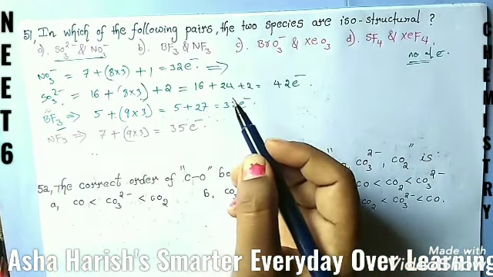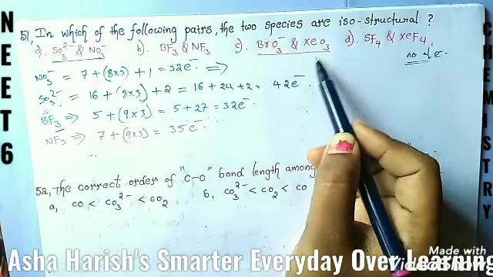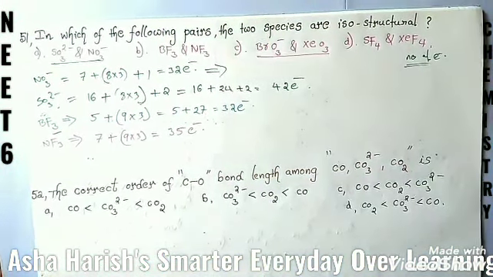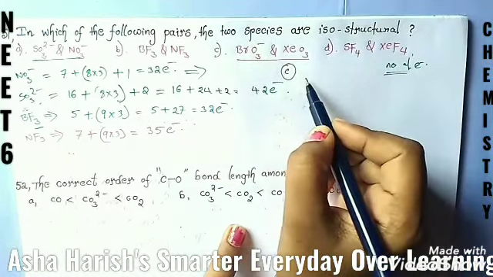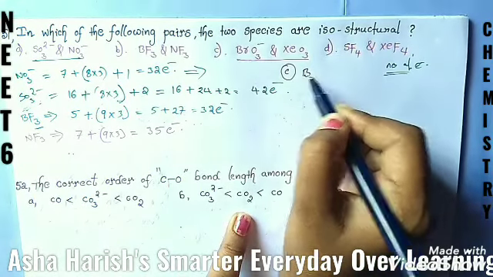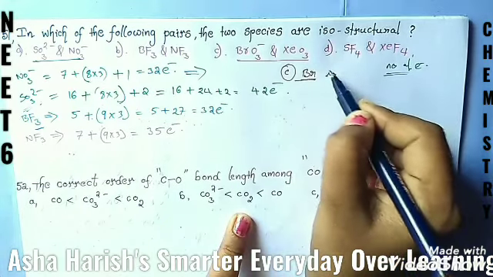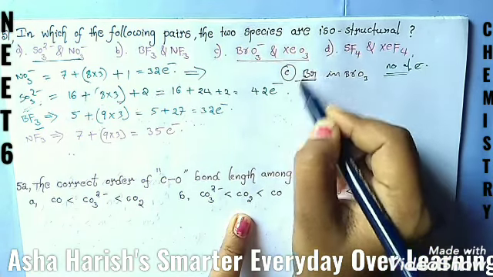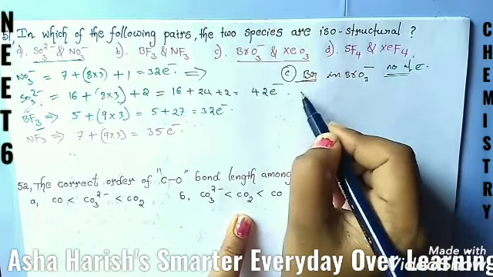Right, and for option C, what we have here is BrO3- and xenon trioxide, XeO3. For this also we need to calculate the number of electrons. For option C, I am going to write here the hybridization of boron. Sorry, for bromine, here we have bromine in BrO3-. Sorry students, this is not boron, this is bromine, right? In BrO3-, here you need to find out the hybridization.